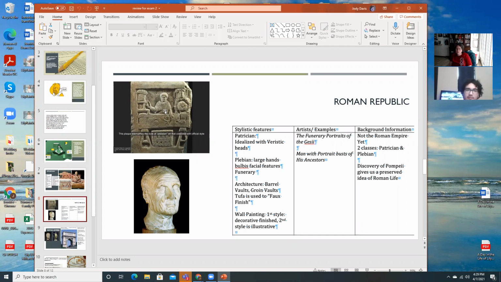And we can have second style wall paintings that also have first style wall painting, right? Like the Dionysus one? Yeah. If you're thinking about the Villa of the Mysteries with the worship of Dionysus, at the bottom you get this nice first style wall painting, which sets the scene for the second style wall painting that goes over top of it. For sure. Okay.